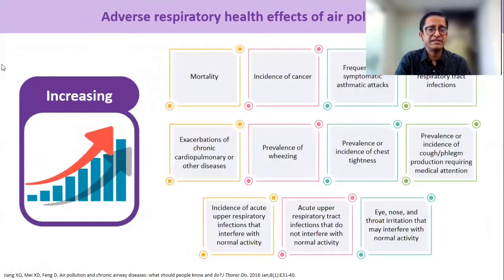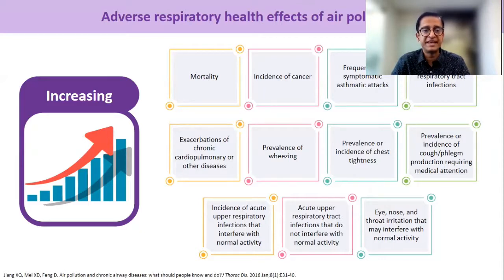What are the various impacts? And I have put these in boxes for you here. So you can see we've talked about mortality generally. The incidence of lung cancer is the greatest in cities in India where air pollution is the greatest. Frequency of symptomatic attacks of airways disease, especially asthma, becomes greater. More lower respiratory tract infections. Heart disease is greater in areas with air pollution.